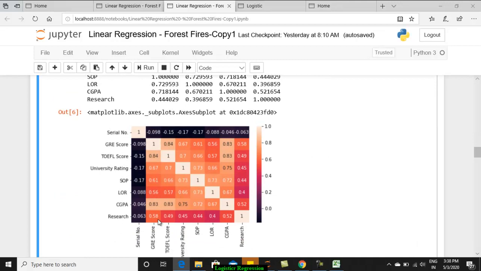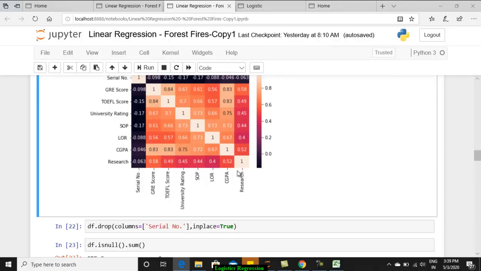Okay, almost all the red colored items state that there exists a positive correlation. Serial number is not positively correlated because we know that it's just a column to give roll numbers to the instances. Hence, by using this heat map, we understand that serial number is not at all of use for any prediction or classification on this data set, and hence we are going to drop that column.